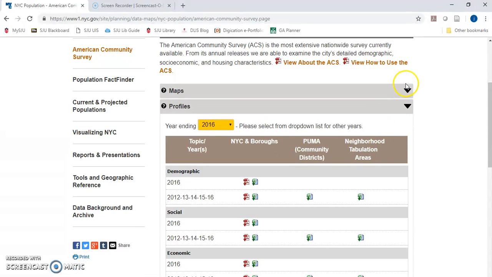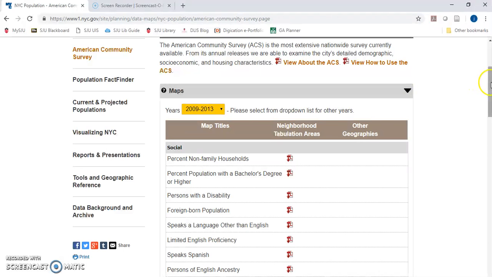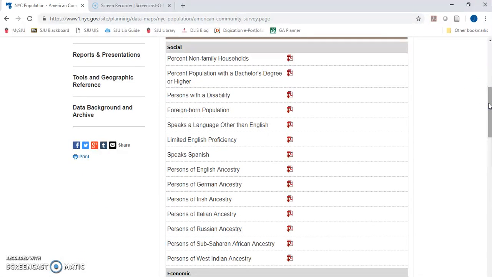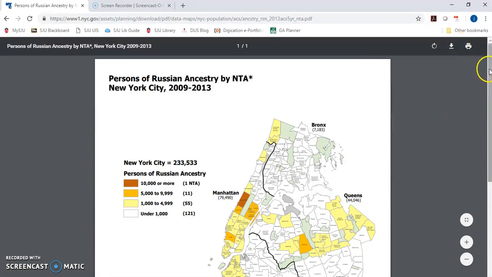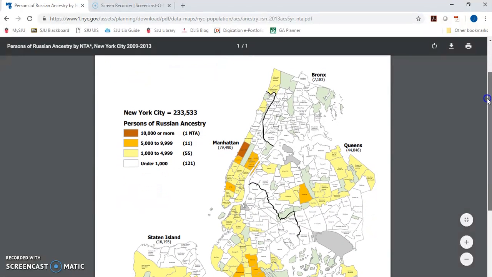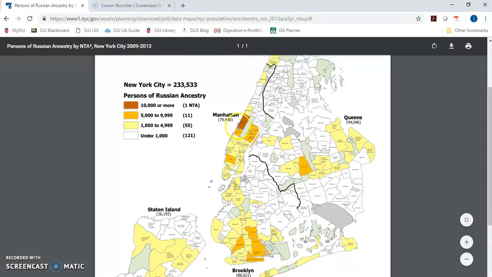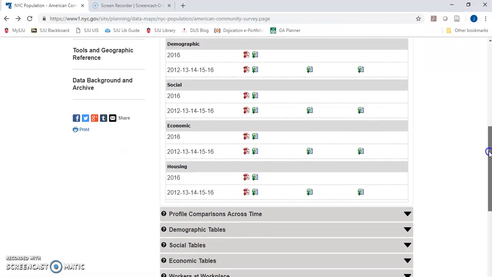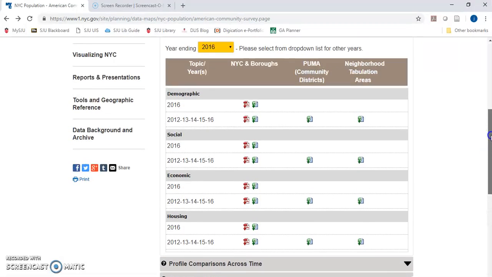And then as you can see under maps here, they have things broken down into categories like, let's say, persons of Russian ancestry, and if you open up the PDF, it gives you this nice little map between 2009 and 2013, how many and where they are. And if you go back,